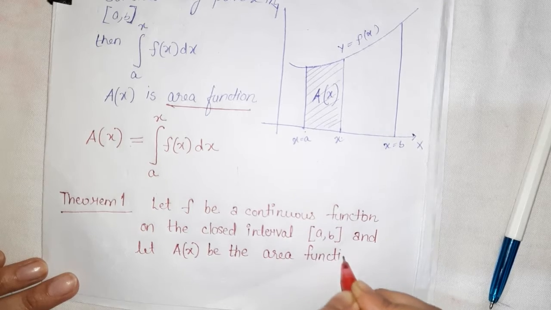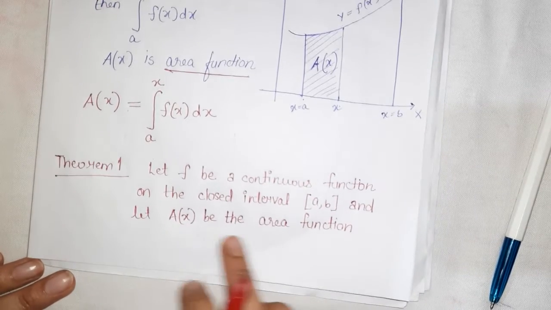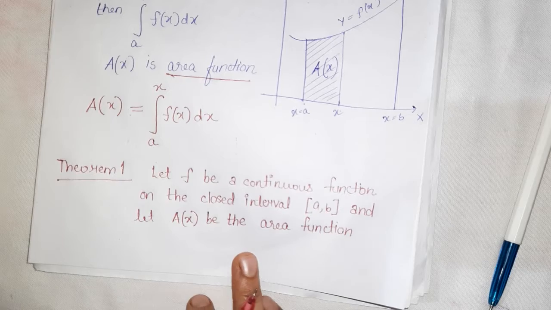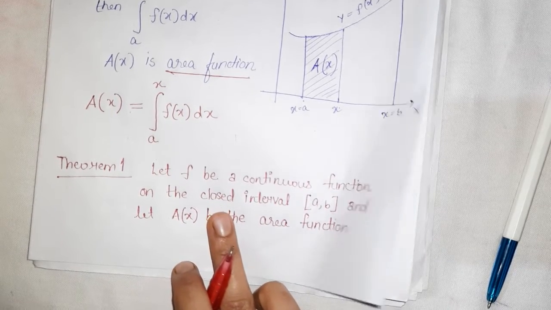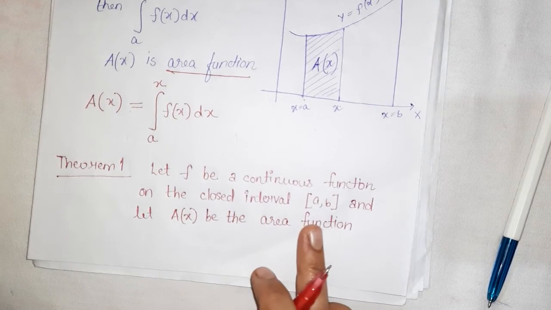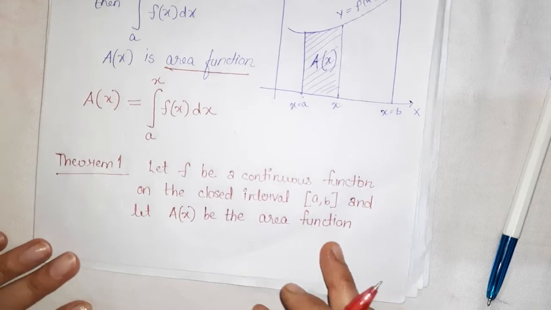Our A of x is the area function, and f is any continuous function defined on the closed interval a b, then